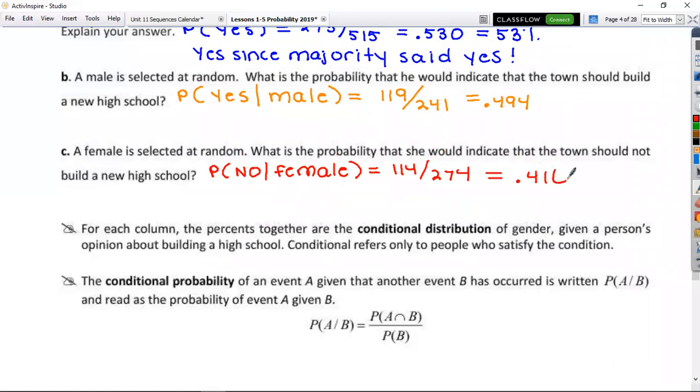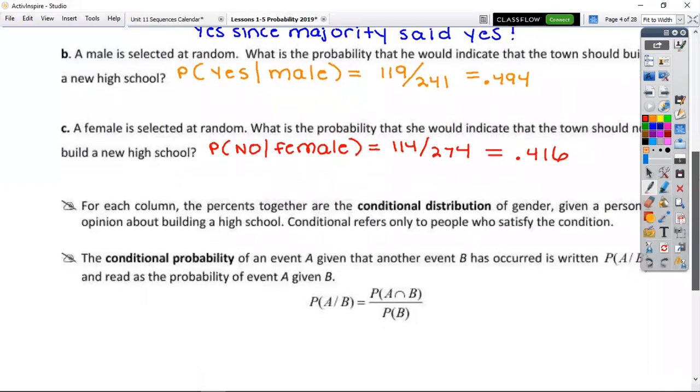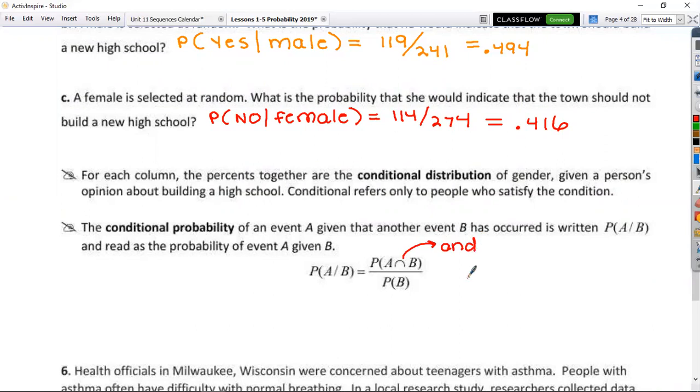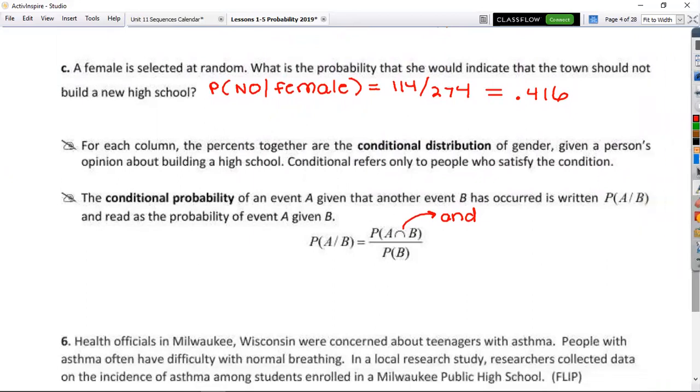0.416. Thank you. Okay, so that's the formula that I've been working you through. That is called conditional probability, and it is dependent on a particular condition. In these cases, the condition was gender. That's the formal notation of what you're doing here. This means and. You guys seen that before? Sometimes in middle school you've seen that, sometimes you haven't. There's also a symbol for or as well. But that's your conditional probability formula. So it's the condition that she said no, given the fact